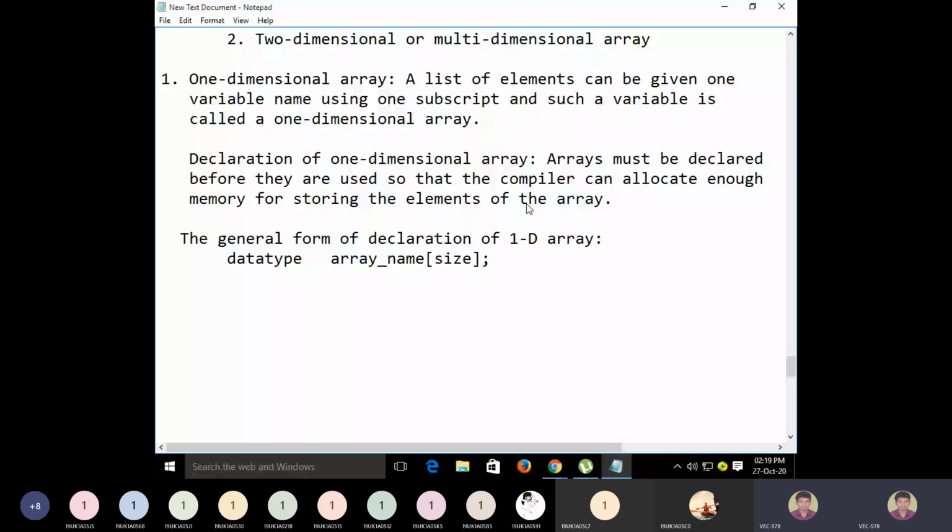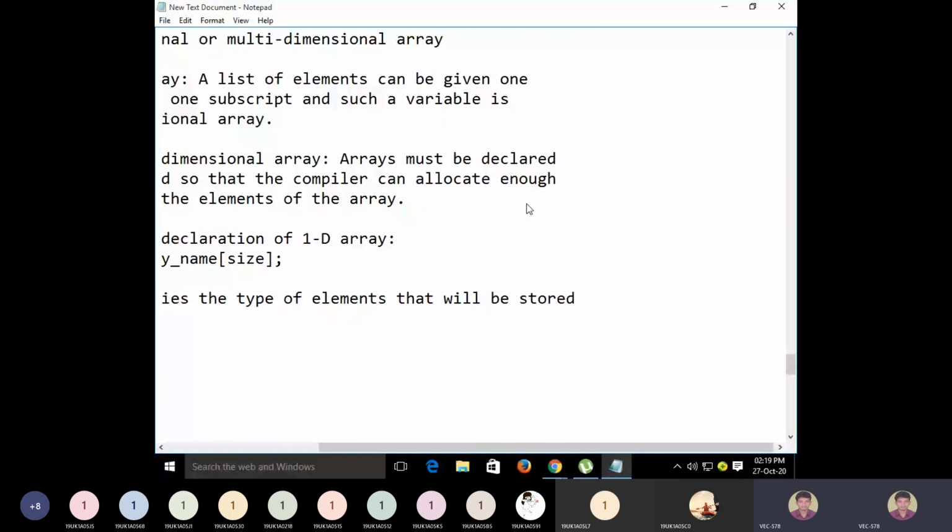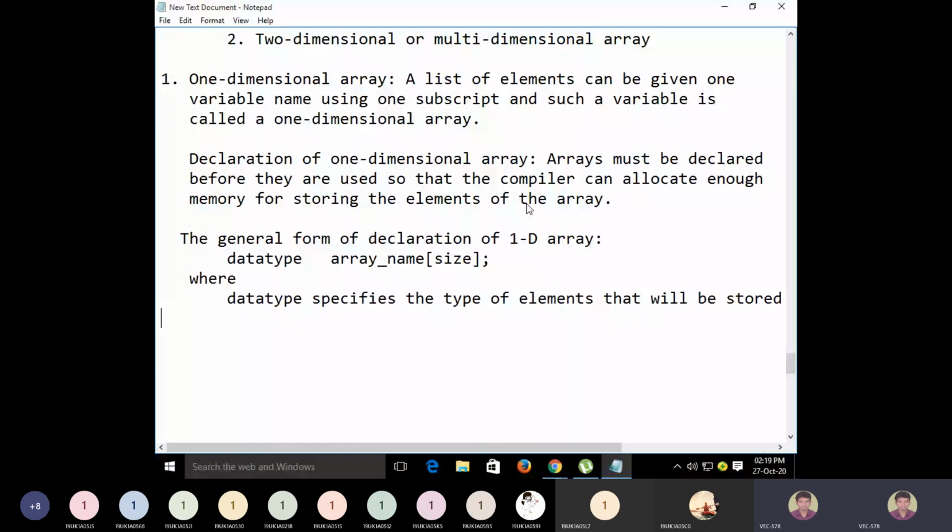Here data type specifies the type of elements that will be stored, the type of element that will be stored in the array.